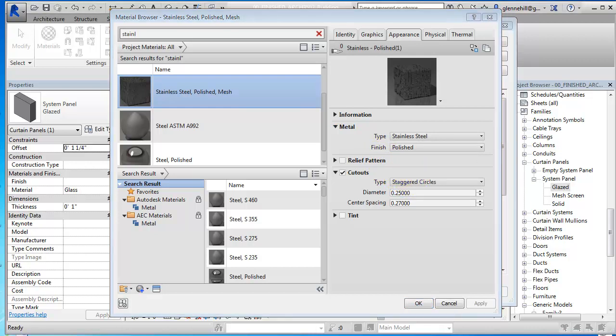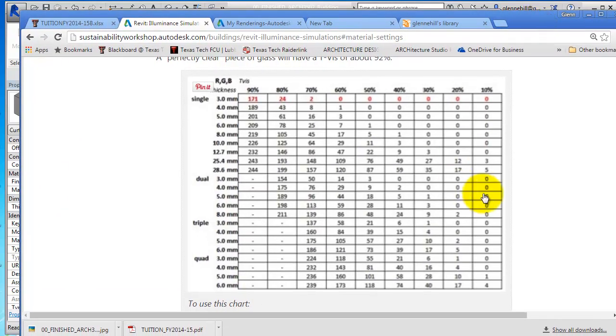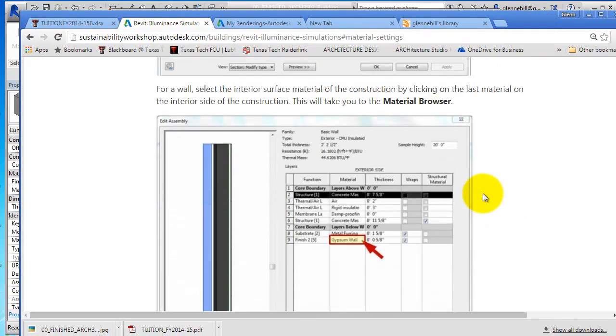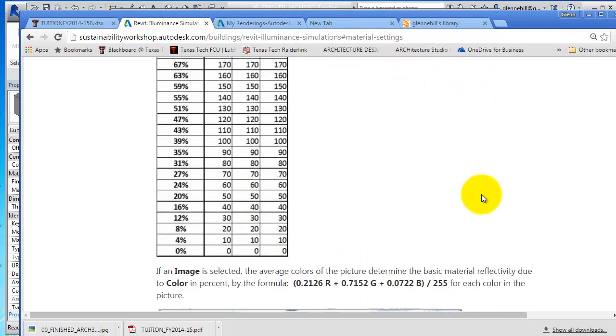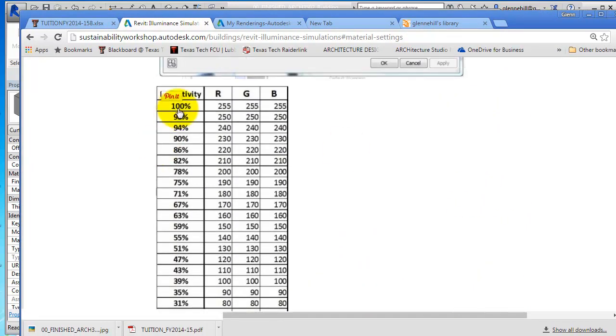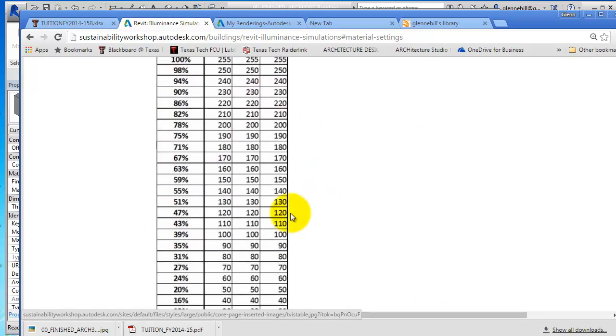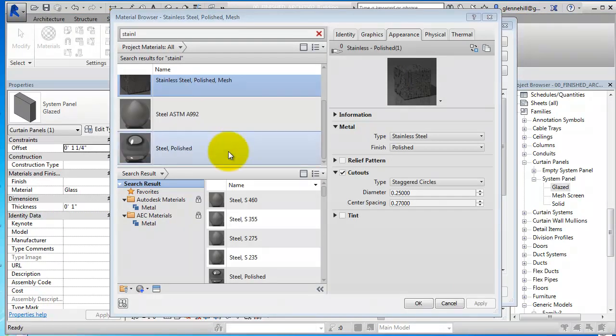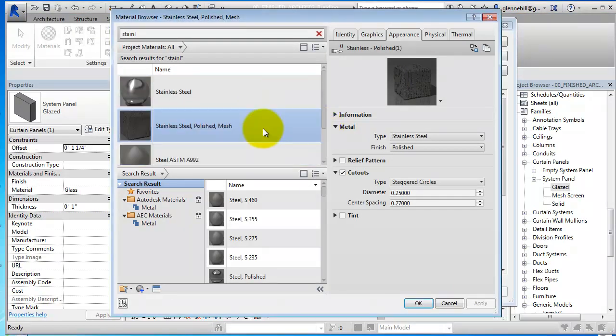If we go into here and to opaque materials and look at the opaque settings, you can see this is the reflectivity of the materials. And so if I have the RGB set to 140 by 140 by 140, then I'll get about a 50%. Okay, if I'm using, in this case, say for instance wood, where I'm using a material,